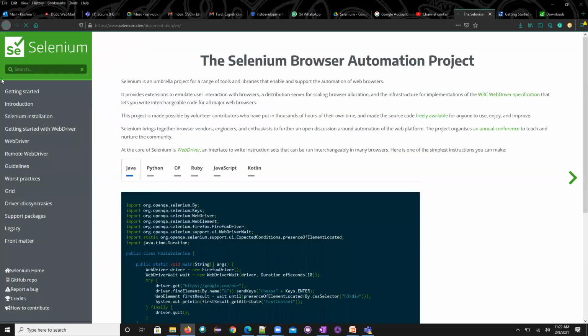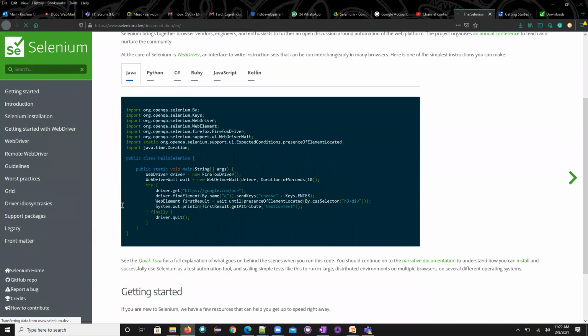And apart from this, this is the Selenium documentation, the complete Selenium documentation. If you see here, they have given different languages, and in these languages, how you want to implement this. Now, this is Java, you can easily understand that. By seeing this statement itself, you should be able to understand: WebDriver driver equal to new FirefoxDriver.